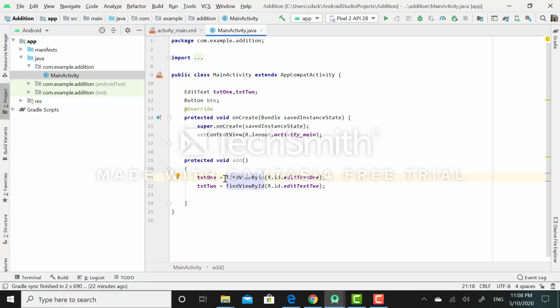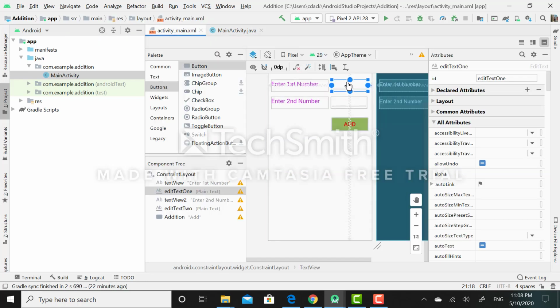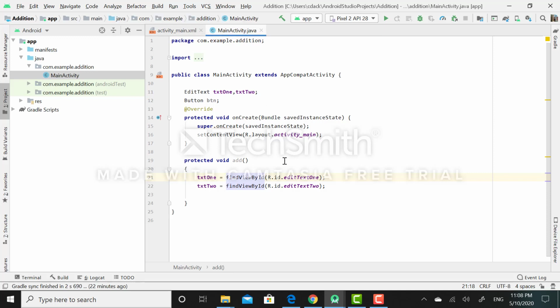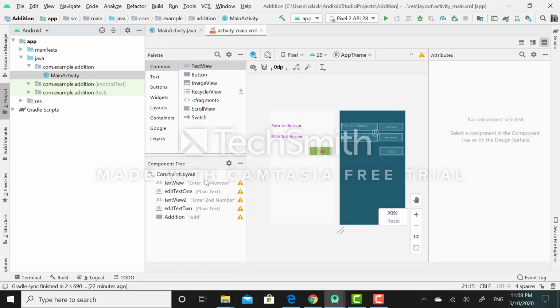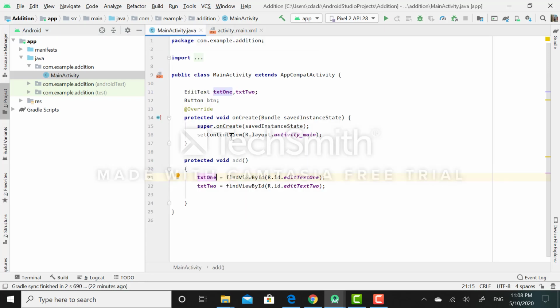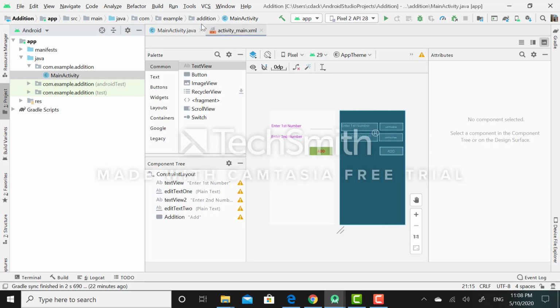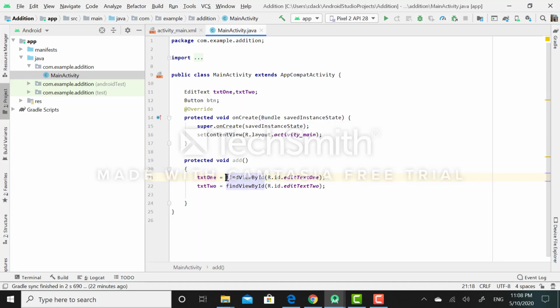I'm accepting the input from the user in the form of string and set this value to the reference of this widget. So for that purpose, I need to apply here typecasting methodology.